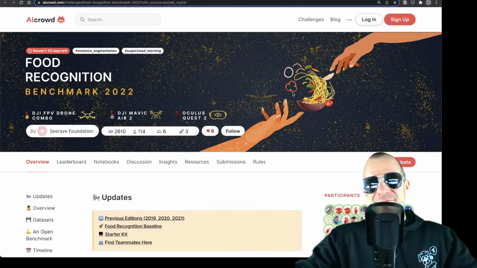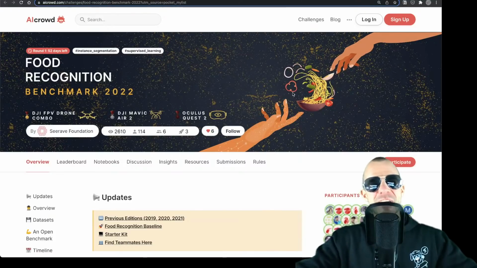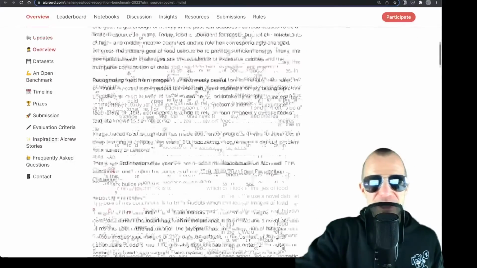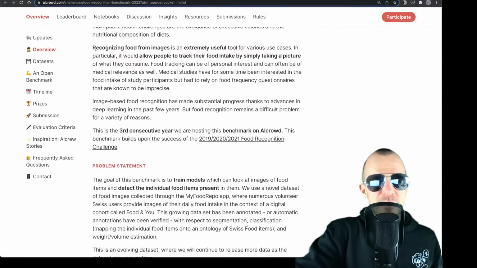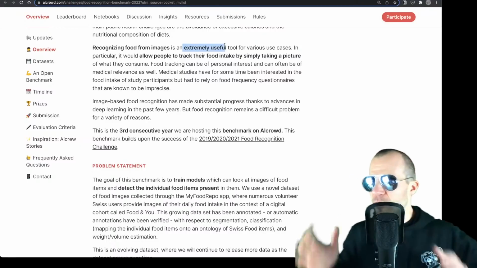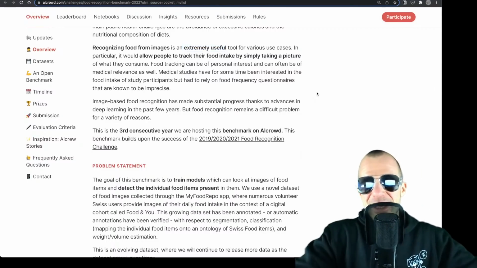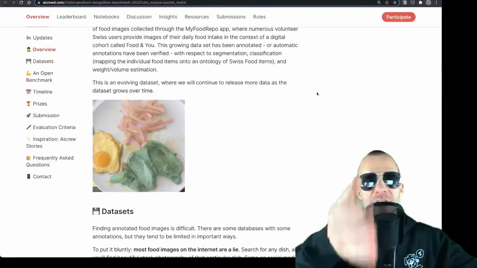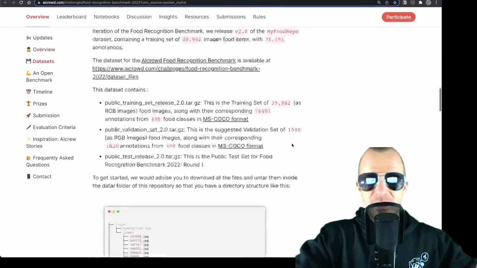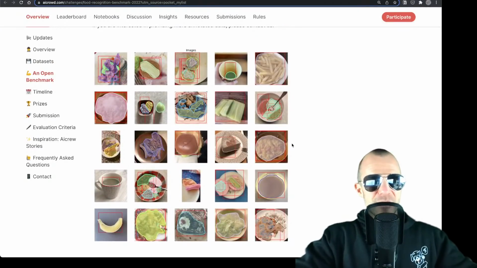Okay, this here, the Food Recognition Benchmark 2022. It's a real life, not hot dog. Okay, so recognize food from images, extremely useful, especially distinguishing hot dog from not hot dog. You can take part in it. If you have a class, not hot dog, so easy, okay, not hot dog. Now look at this. Is there even hot dog? Nah,